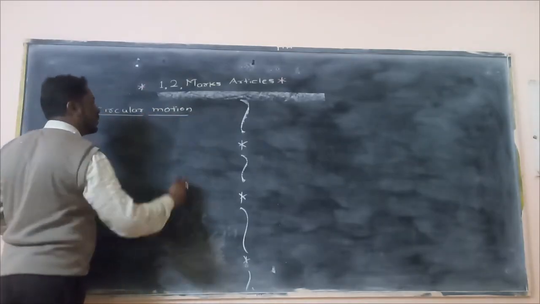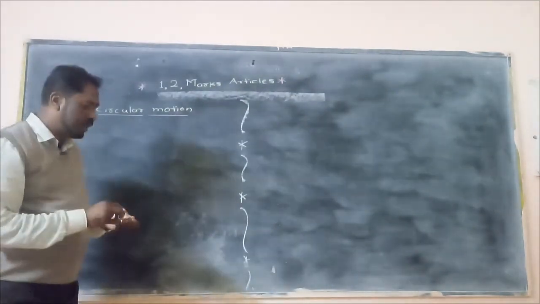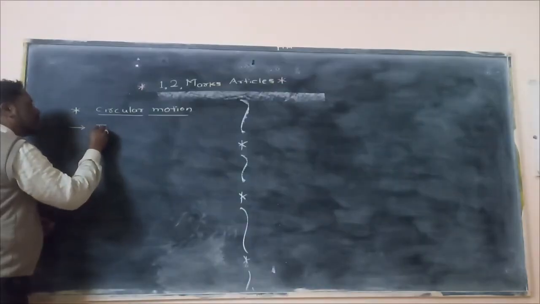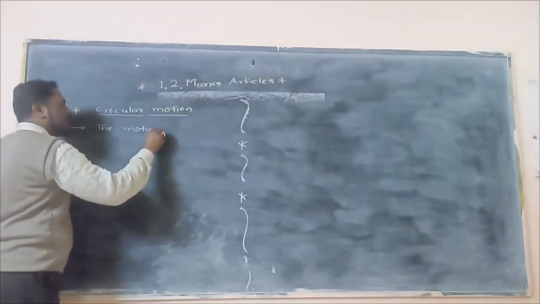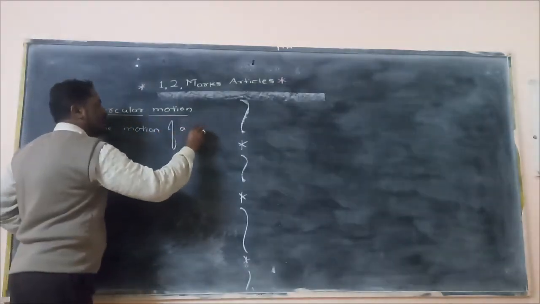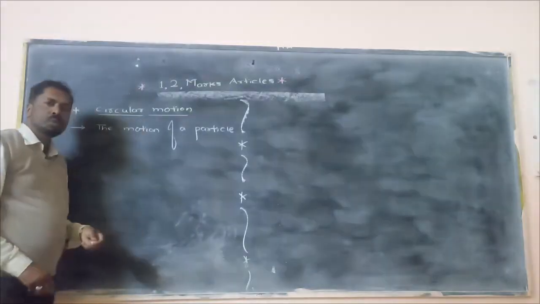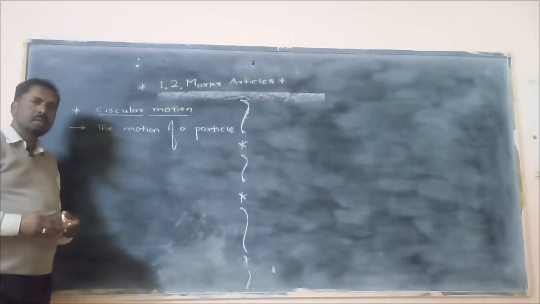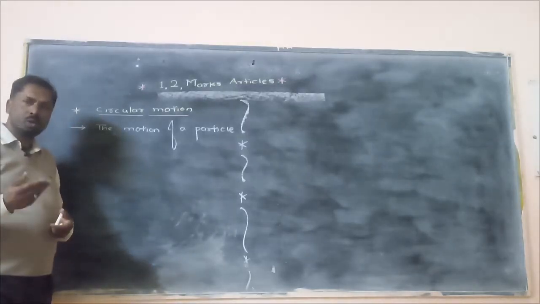Circular motion is defined as the motion of a particle. You can say the motion of an object, or you can say the motion of a body